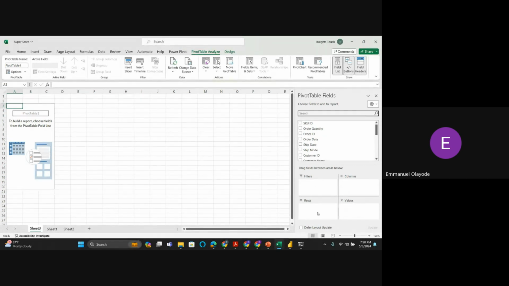The column and the row represent the arrangement of your table. The way you want your table to be arranged, probably you want this particular column to be arranged on column, you drag it to the column field. You want it to be arranged on row, you drag it to the row. For example, what I mean by row and column field is this. If I drag in region here,